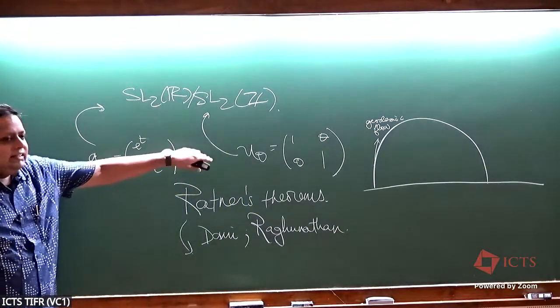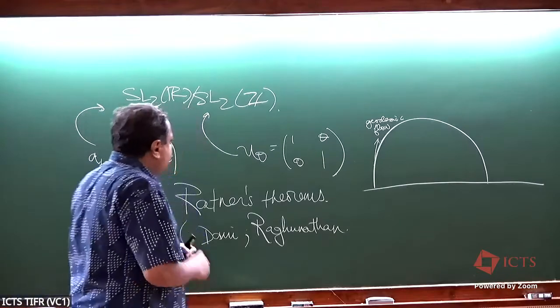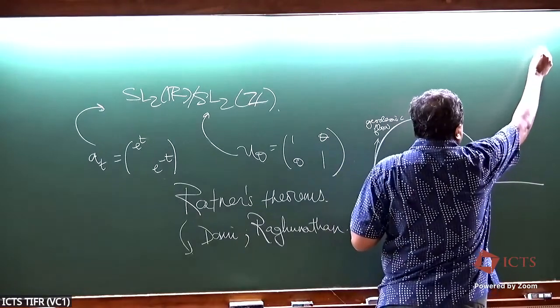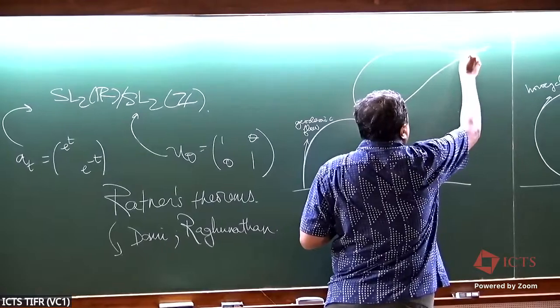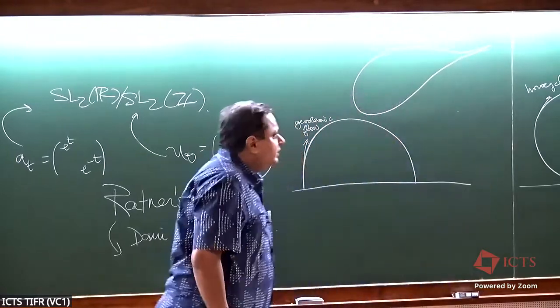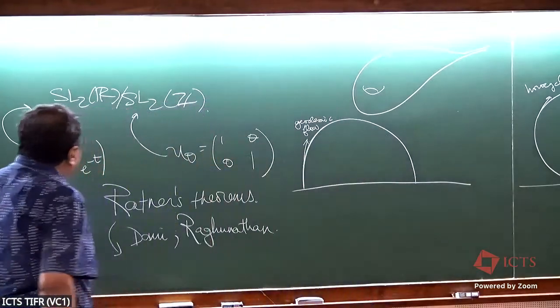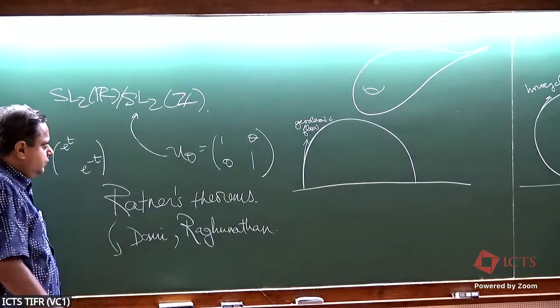And what it means is this. Let me draw an artist's perspective of the space SL2(R) modulo SL2(Z). I'm drawing it as a balloon with a cusp. Okay? Finite volume, non-compact. And so the version of Ratner's theorem in this case, which is due to Fürstenberg and